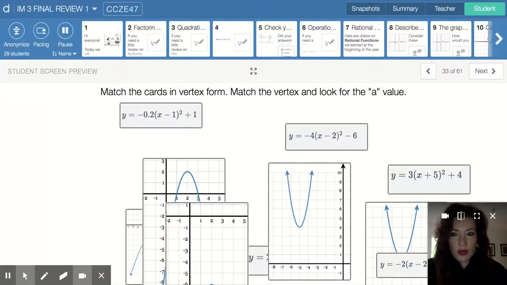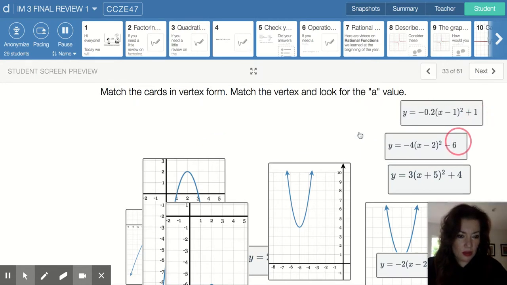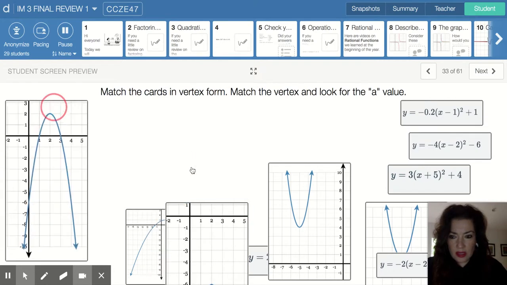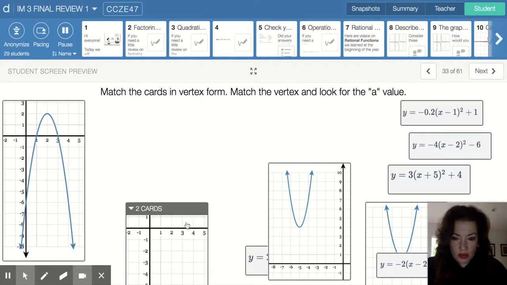Hi everyone, I'm going to go ahead and explain the matching activity from our final review. So the first thing I'm going to do is separate all the equations from the graphs. I'm going to slide them to the right so we can see the graphs clearer. So I'm just going to drag them over,